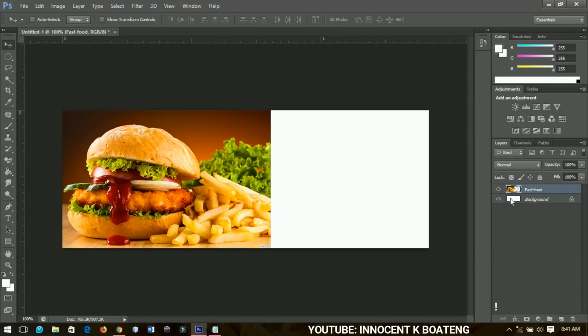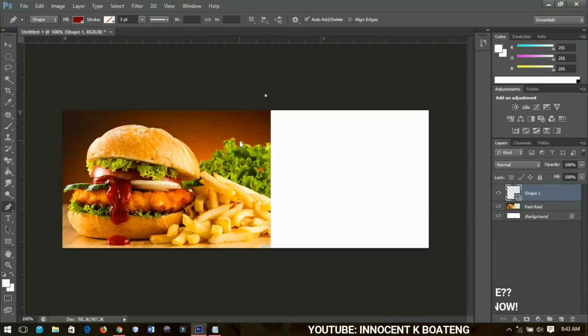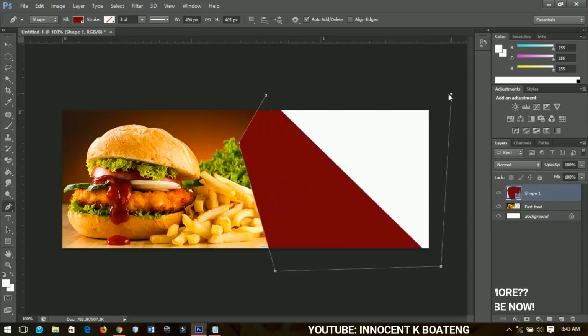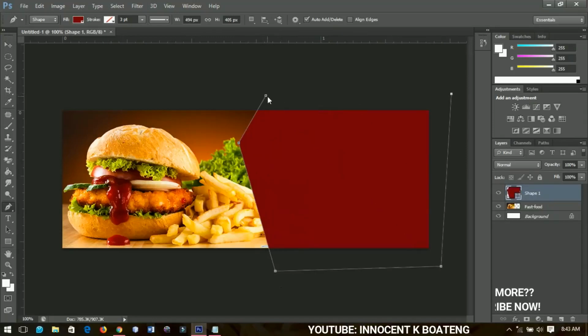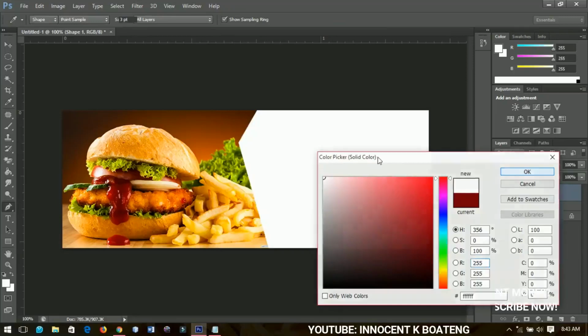Now what I'm going to do next is add a shape to my banner. So I'll select my pen tool, and I'll make sure that I have here to be shape instead of path. I'll make it shape over here. So I'm going to start from somewhere around here and make a shape like that, and then I'll get to this part, right, and then I'll go around like this and get to the initial point and break it over there. Alright, so I'm going to double click over here to change my color to something white like this,